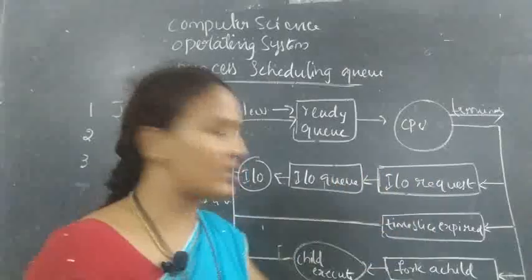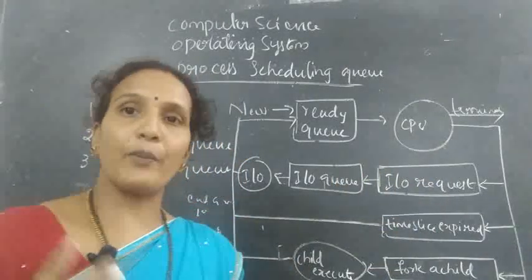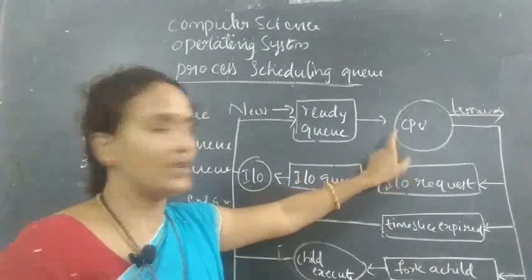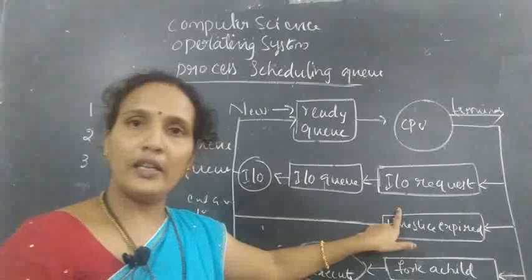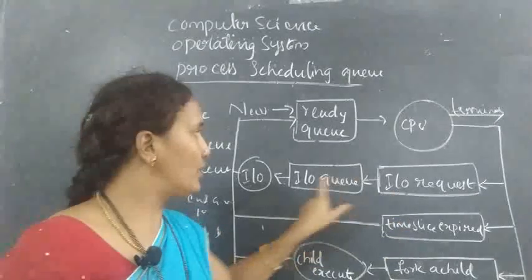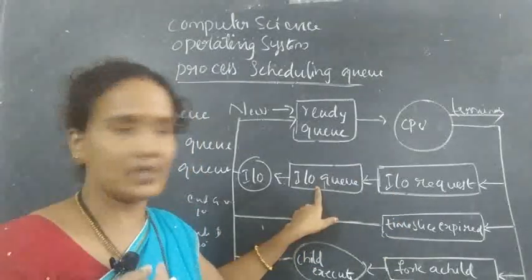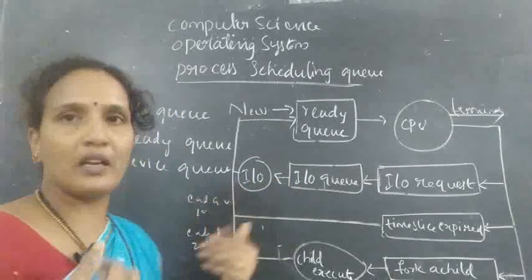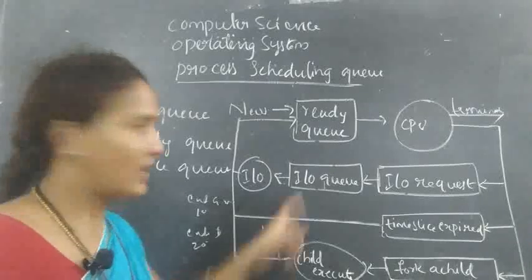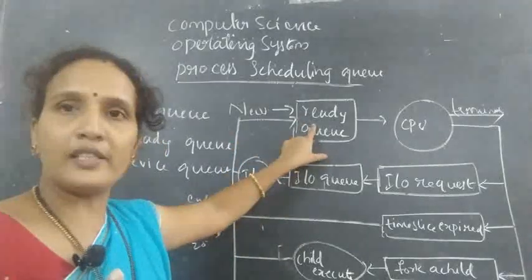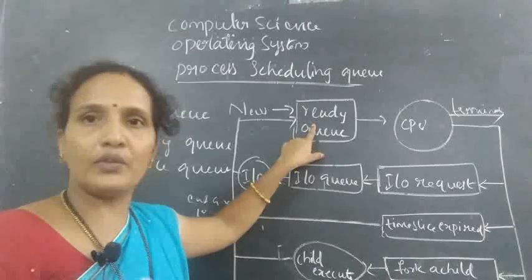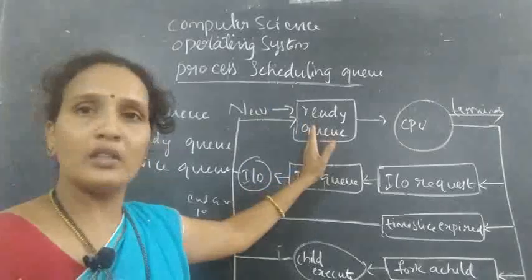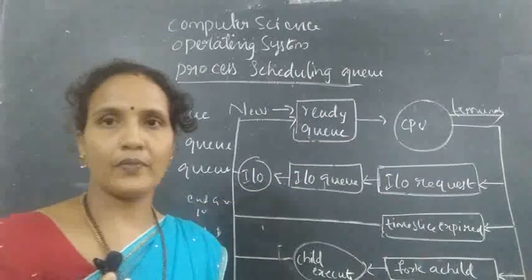All the rectangle boxes are called queues, meaning a number of processes are there. Okay. So from the running state, the process is moved to an input and output request. If the processes are available, then the IO is given, meaning input values are received from the user. Again it enters the ready state because the program wants to execute. So it should move from the ready queue to the running state.